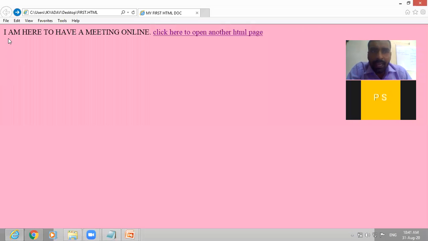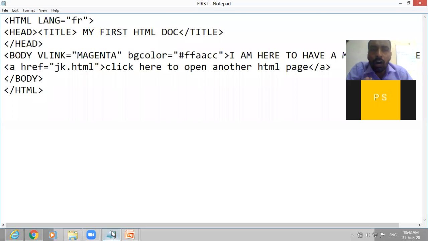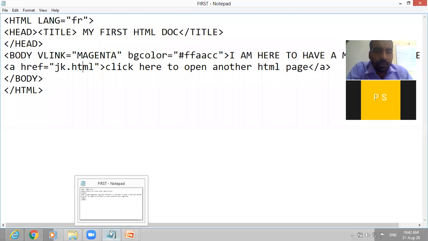So here is the web page. You can see the text is coming from the corner, the top left corner. But if you define the top margin and left margin, then what will you see? Suppose if you define 5 point or 10 point, then you see the text will appear 5 or 10 points away from the corner, away from the top edge and away from the left edge of the page. So let us define this: top margin, left margin, right margin, and bottom margin.